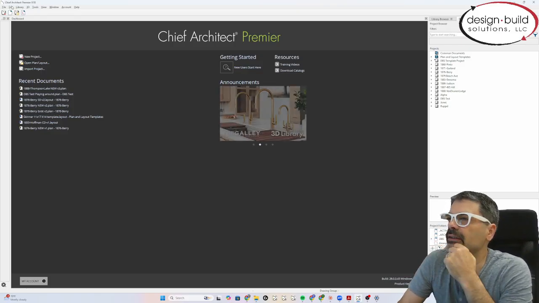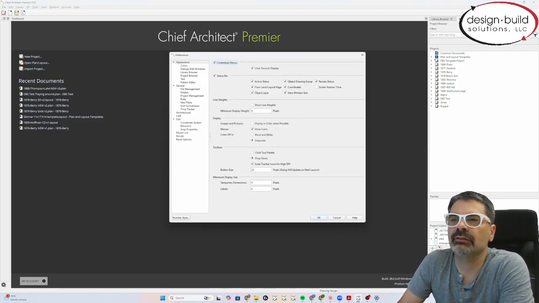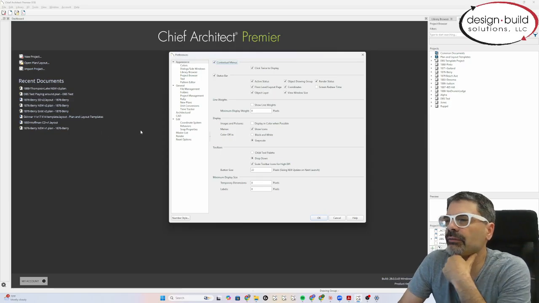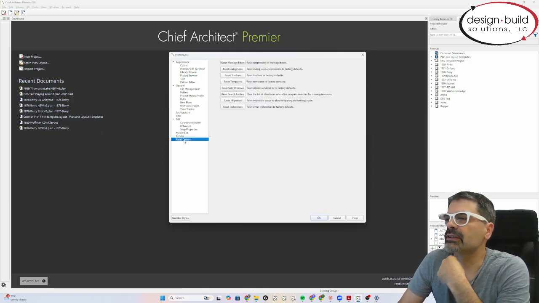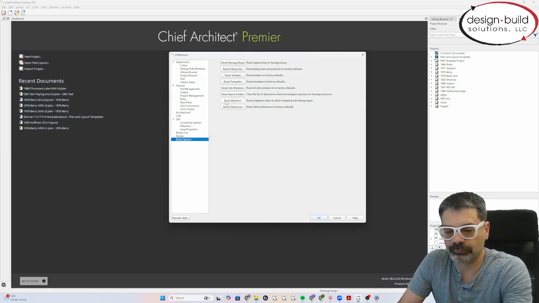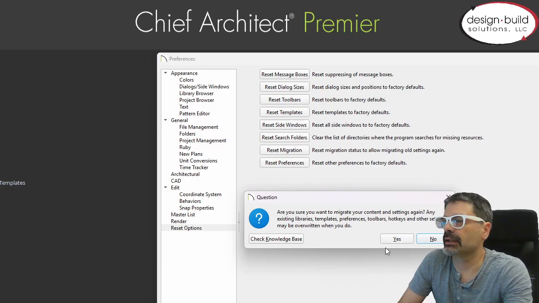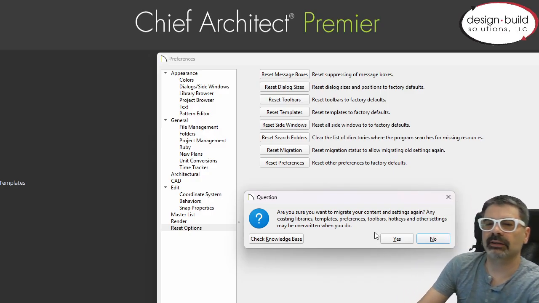So I've got X18 open and I'm going to go to Edit, Preferences. If you're on a Mac, I believe it's File, Preferences, and click on Reset Options here. I can reset the migration button. Here is my next to last button, and I'll click on that, and it says,